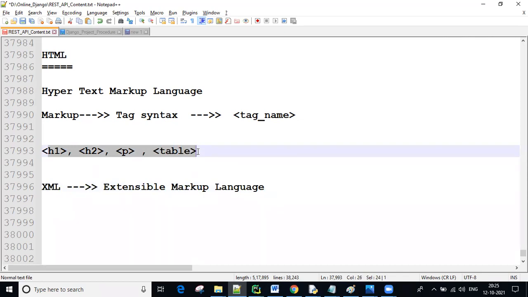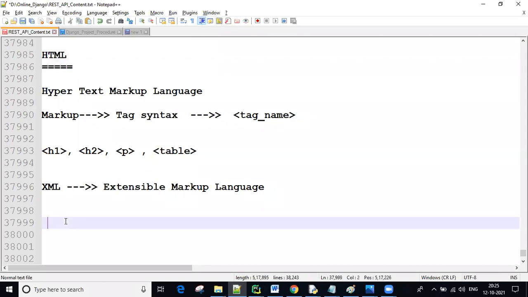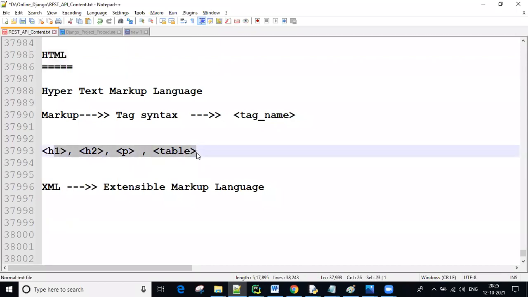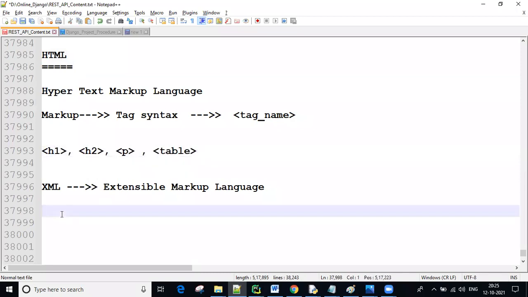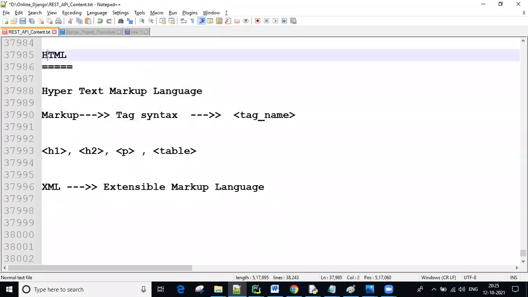So the languages we are calling markup languages are both HTML and XML. Both we are calling markup languages because both are following the tag based syntax. Remember right now, we are not required to learn about XML, we are required to learn about HTML. Sometimes people ask about the difference between HTML and XML. I will tell after discussing HTML.